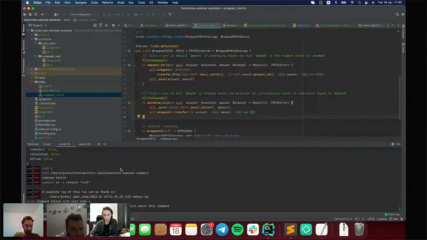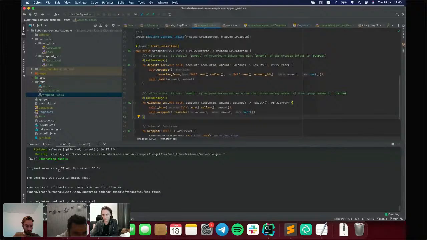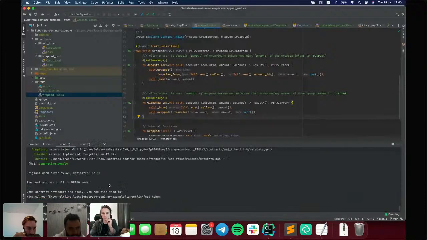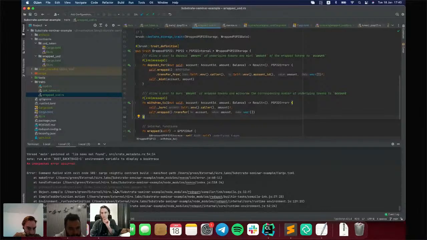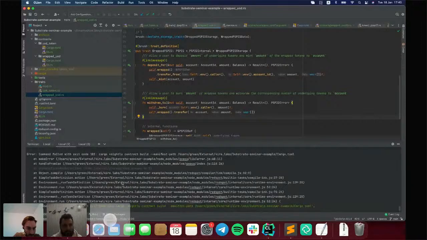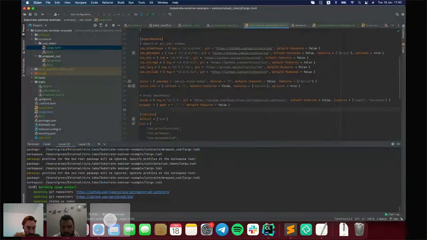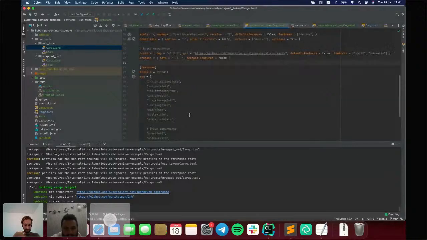Okay, I think we can. We got a panic. Why? Oh, it says that something is not found for metadata. For what contract? For USD. I say we power through. This is good. Okay. If you have a question, you can ask, because now we will wait for the building of contracts, so it will take time.